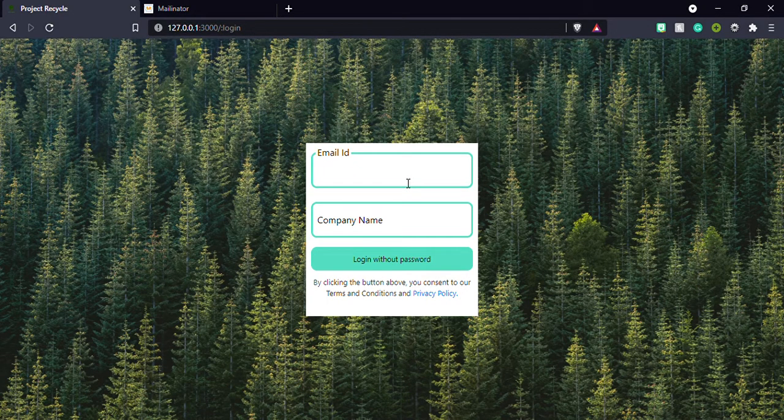I will use a Mailinator mail for my email ID, so my mail ID will not get spammed.